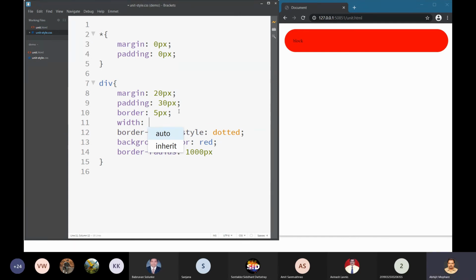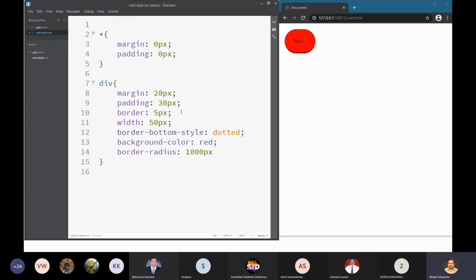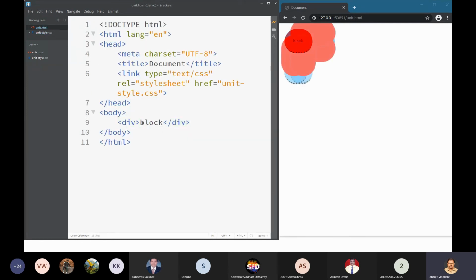Width will be, let's say if I give it 50 pixel. Now it should be less than that, let's say 40 pixel. Obviously it will not be less than that because I have placed certain text in it, so I have to remove that text. If I do that, then, never mind. I will show you how it is done.